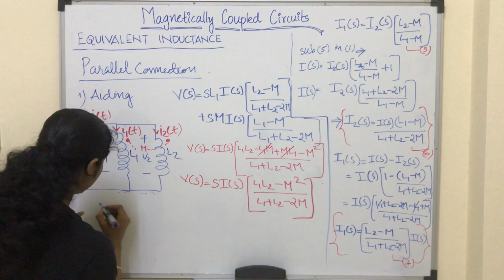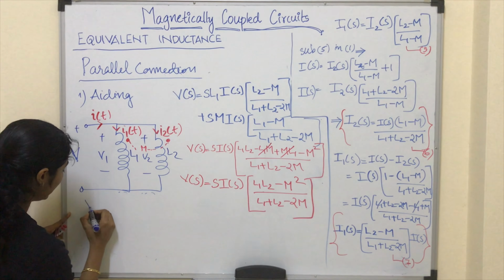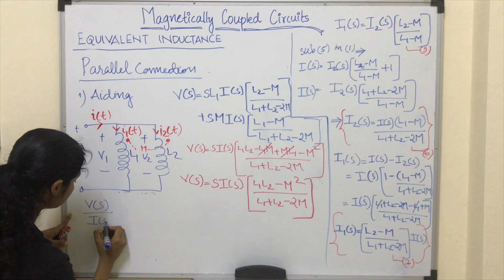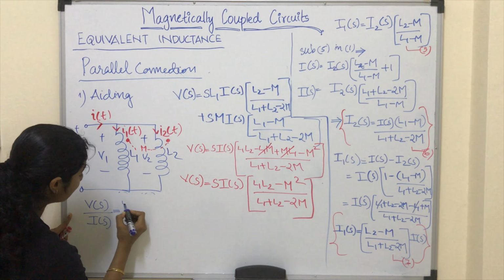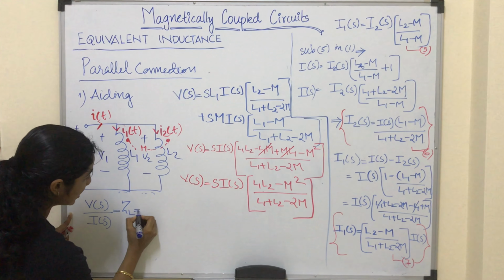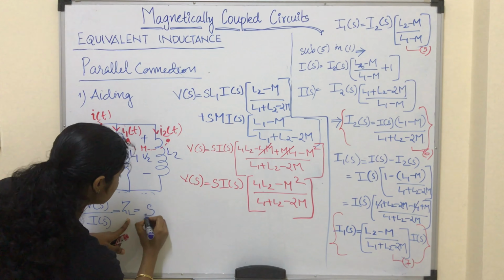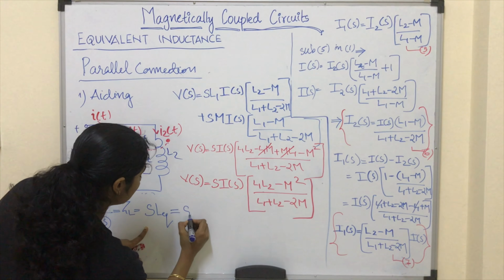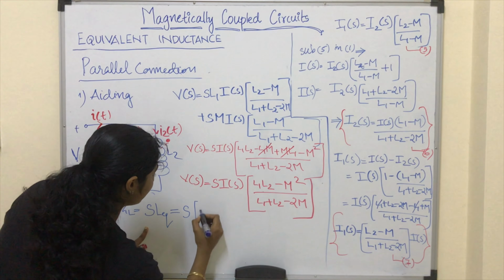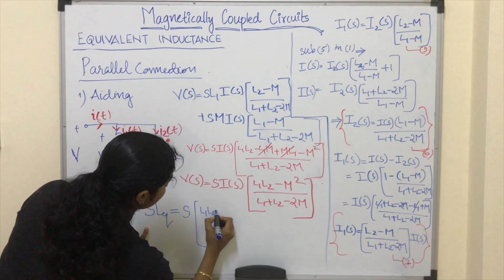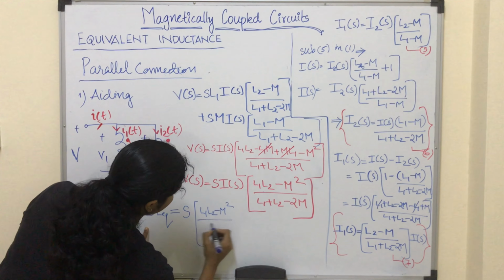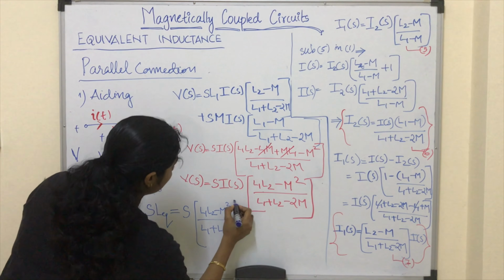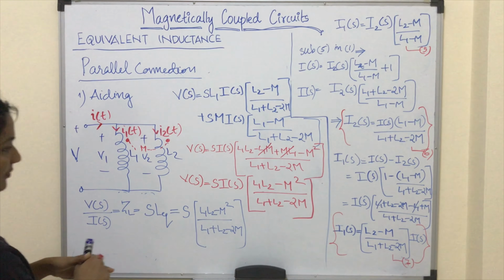That is V of S divided by I of S, which is equal to impedance ZL, which is nothing but S into L equivalent, which is nothing but S into (L1 L2 minus M square) by (L1 plus L2 minus 2M),